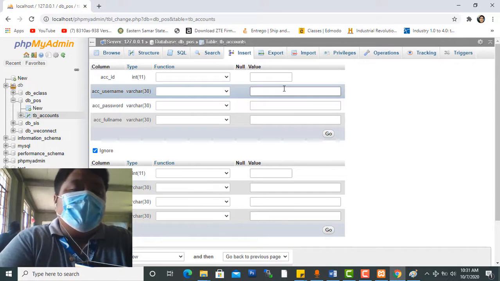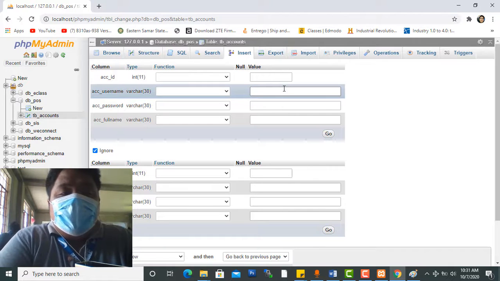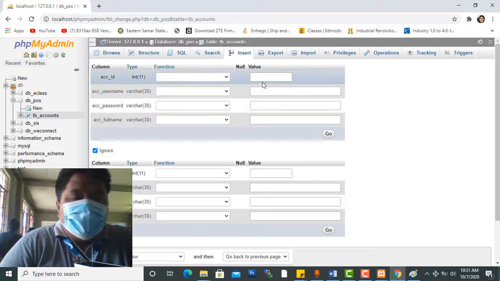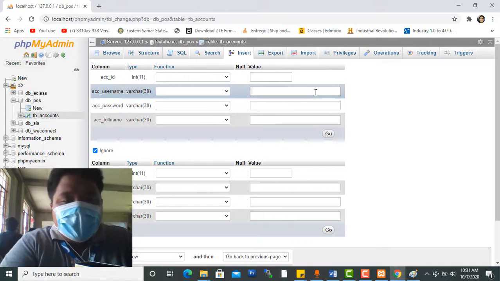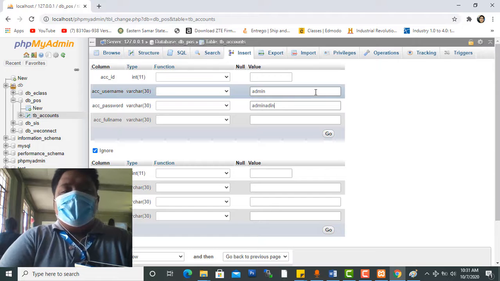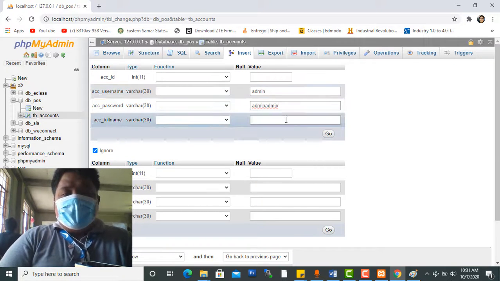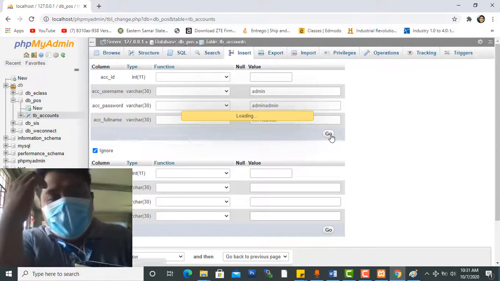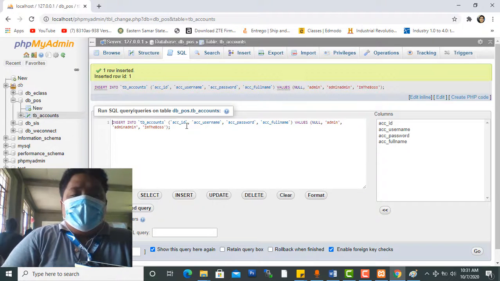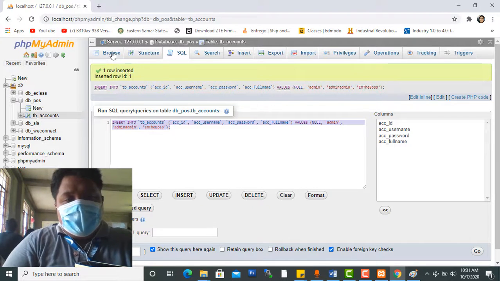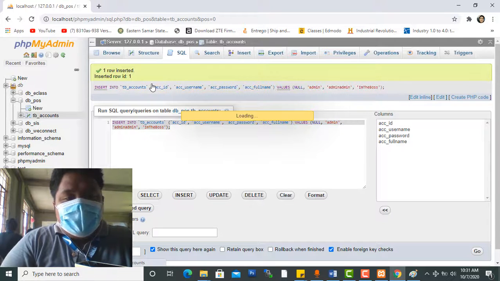But in our case, we are the programmers. We need to know how. We need to know the syntax on how to insert data in our database, right? So here, let me show you some example from the database manager point of view. Let's say, for example, I want to add admin, and then my password be admin. Then my full name is I'm the boss. Hit go, and then you will have it here. So you will see this is the syntax in order to insert some data on your database. Okay, so click browse, then you will see